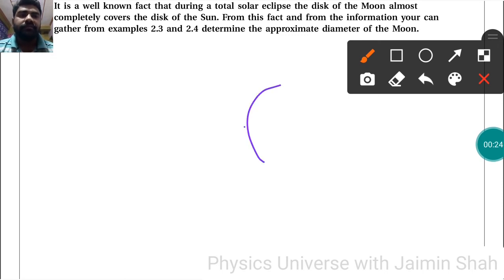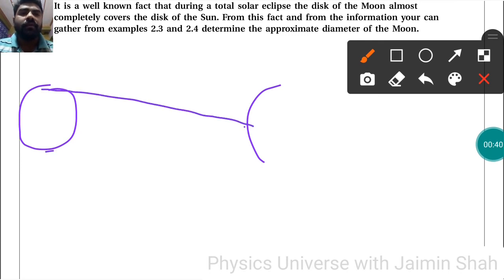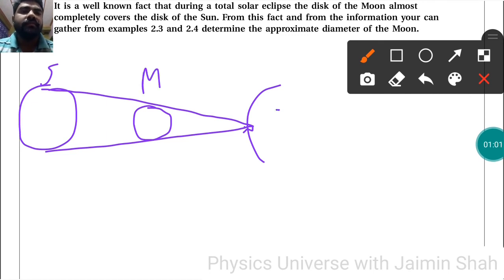This is our earth surface. This is the sun. So we are observing the sun from different diametrical points on earth, from one place, one position. Now there is an eclipse situation. So this is the sun, right? And this is our moon. So the moon completely covers the sun here, right? So this is the moon and this is the earth.